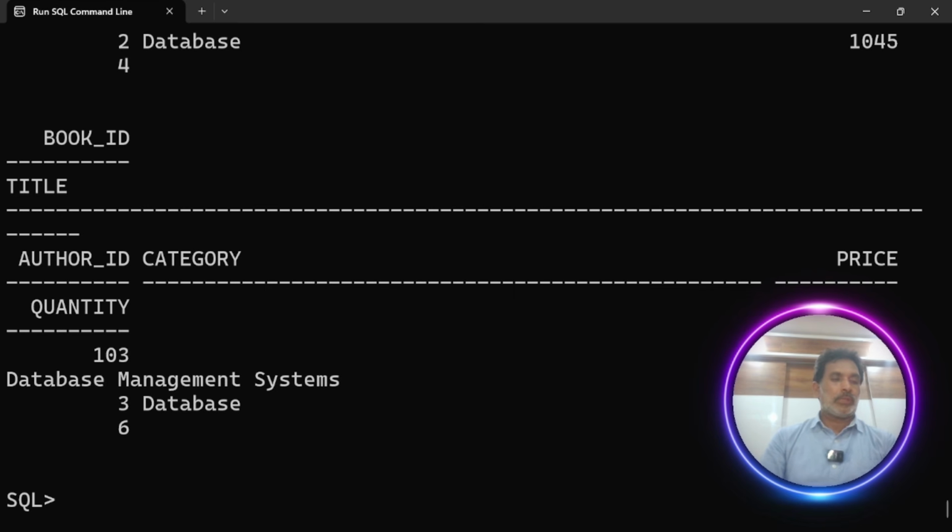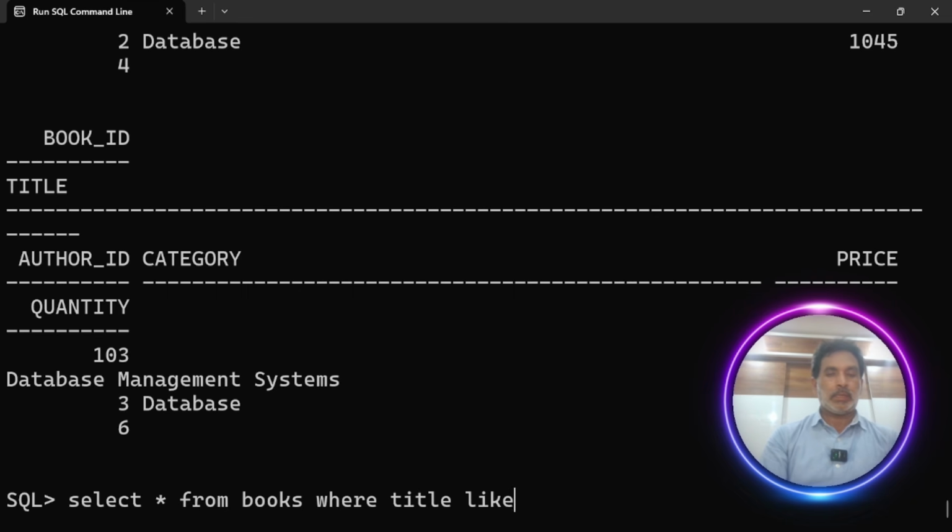And we can also check if any title contains a particular keyword. So that is by using like. So select star from books where title like